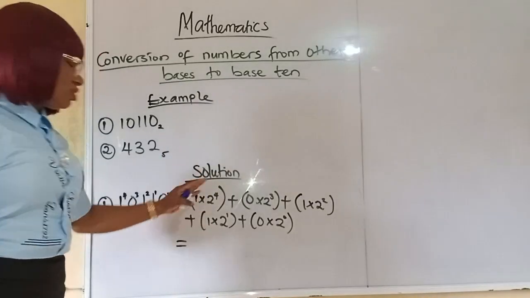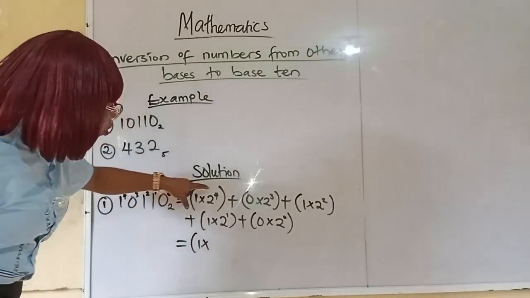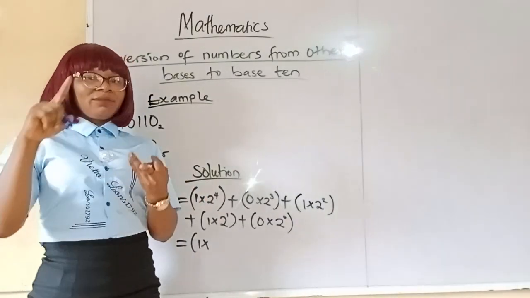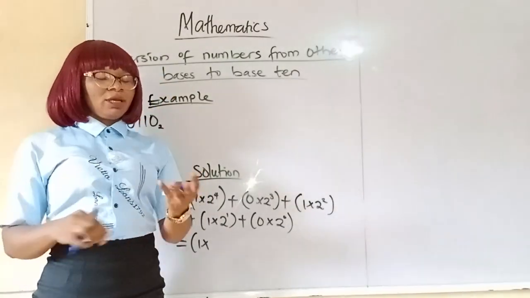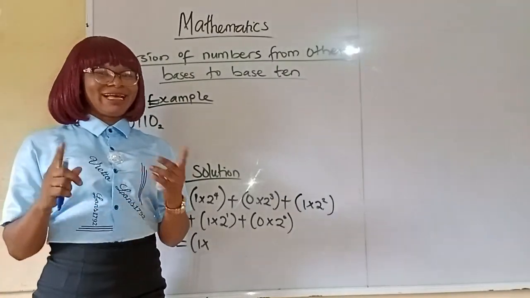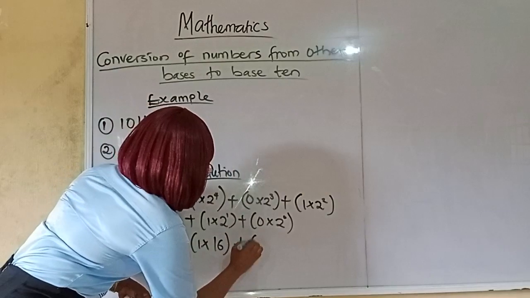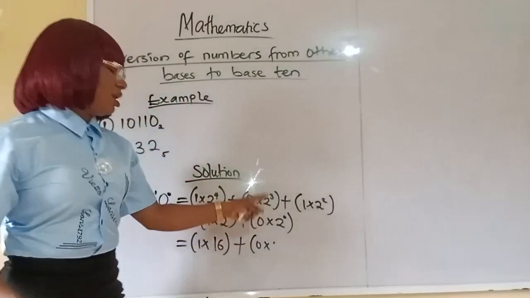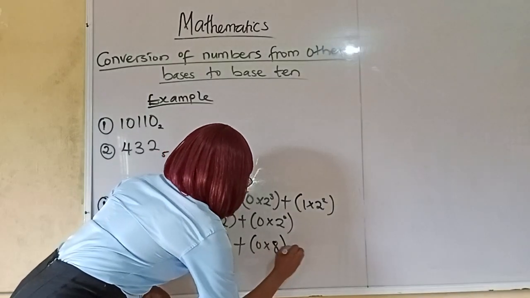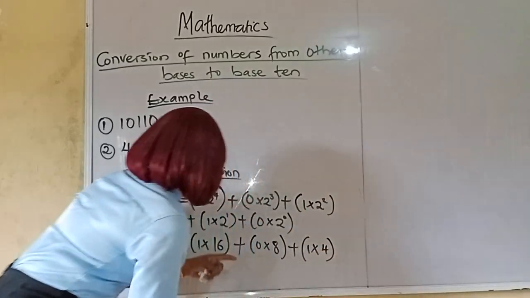To simplify it further, you go back to the first bracket, which is 1 times 2 raised to the power of 4. What is the meaning of 2 raised to the power of 4? It means 2 times 2 times 2 times 2, that's 2 in 4 places. So 2 times 2 is 4, 4 times 2 is 8, and 8 times 2 is 16. So this is 16 plus 0 times 2 raised to the power of 3: 2 times 2 is 4, 4 times 2 is 8. So this is 8 plus 1 times 2 raised to the power of 2, which is 4, plus